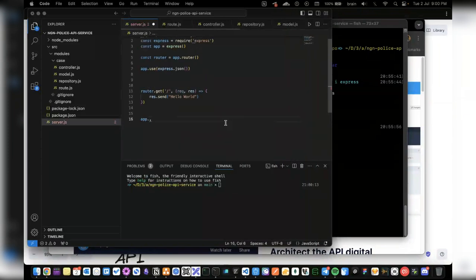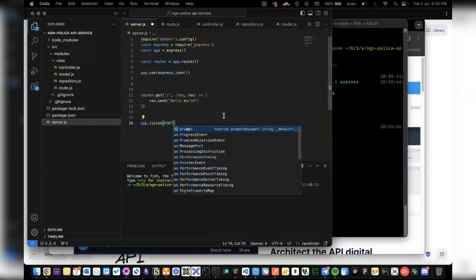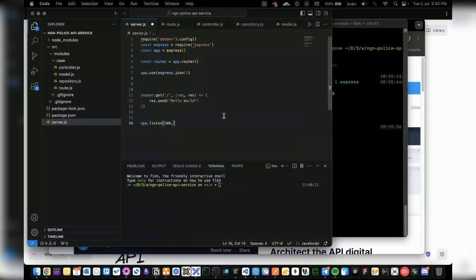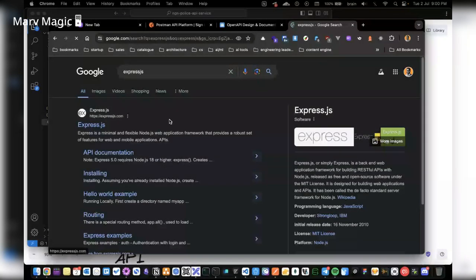So I can simply have app.listen, and the port. So this is why I put in my port. So it can be 3000. But I need to be very sure. Let's simply go straight to the Express documentation, Express.js. You can just grab the boilerplate from there, which is what I do all the time, because we have a lot of frameworks and no one expects you to remember every single thing.